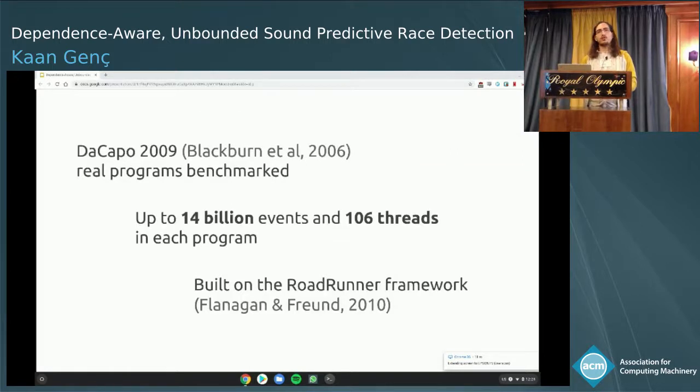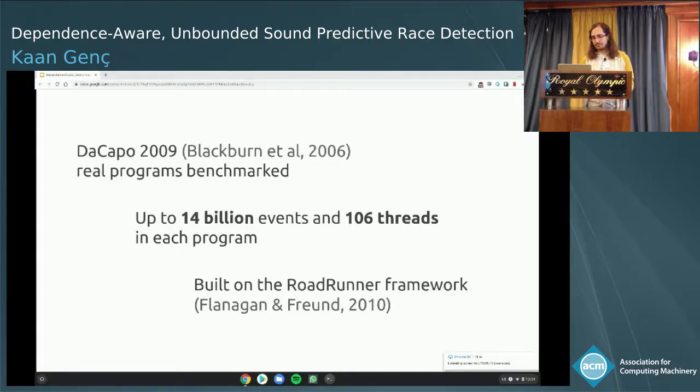Now, finally, I want to talk about results. We evaluated our programs on the DaCapo 2009 benchmarks. These are real-world programs that have been benchmarked. And just to show you the scale, some of these programs have up to 14 billion events in them, things like writes, reads, lock acquires, and releases, and so on, up to 14 billion in a single program. And some of the programs have up to 106 threads under our configuration. So really large-scale programs. And we built everything on top of the RoadRunner framework, which is the same framework that